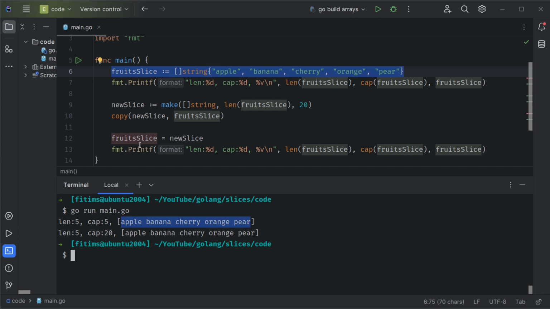Now, after the capacity increase, length is 5, capacity is 20 now, and the elements are the same again. A common operation on the slice is to append data to the end of the slice. Go provides a built-in function to do just that, and the function is called append. The append function takes the original slice and the elements to append to it, and then returns the slice with